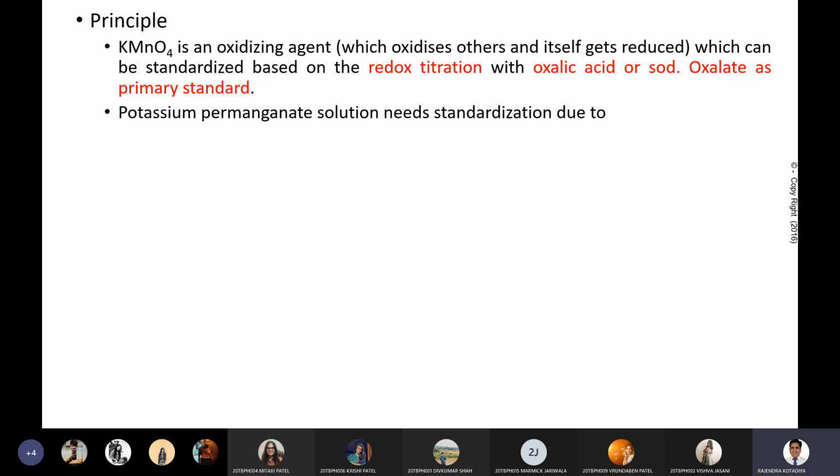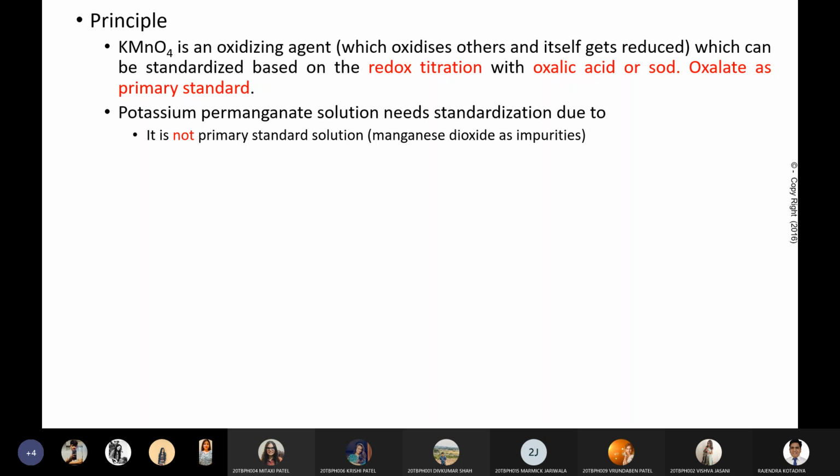Now the second most important thing is why the potassium permanganate solution requires standardization. There are some reasons. First of all, it is not a primary standard solution because it has so many impurities. One of the impurities is manganese dioxide. When you dissolve it in water, some portion of manganese dioxide is also present, and that will act as an impurity. This impurity, manganese dioxide, will decrease the concentration of KMnO4, because it is responsible